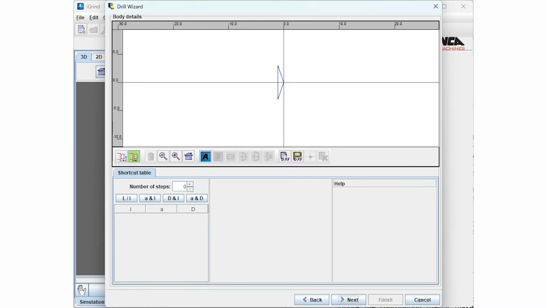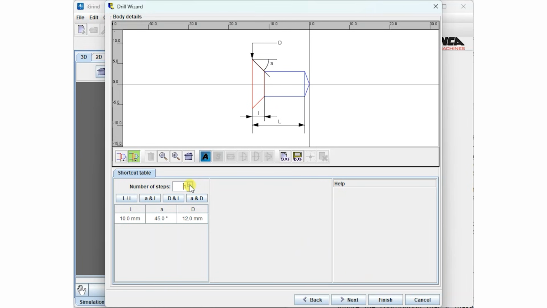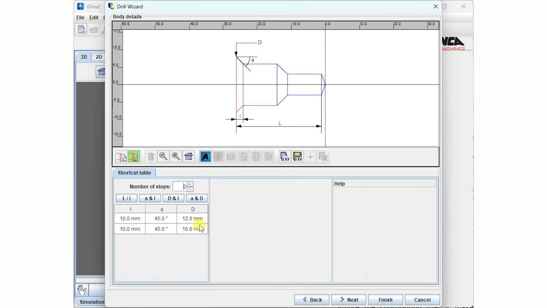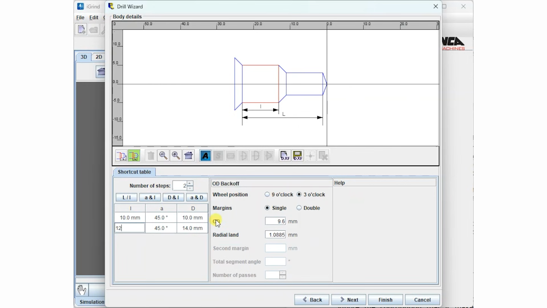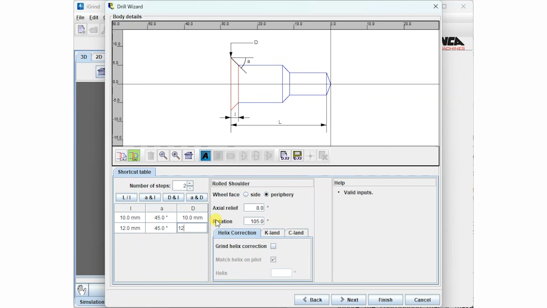In this section of the wizard we define the step details. We can add a number of steps with configurable lengths and diameters and angles. We need to ensure that the diameter of the final step matches the major diameter that we input at the start of the wizard.